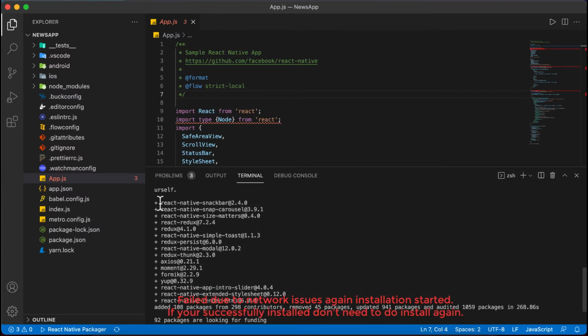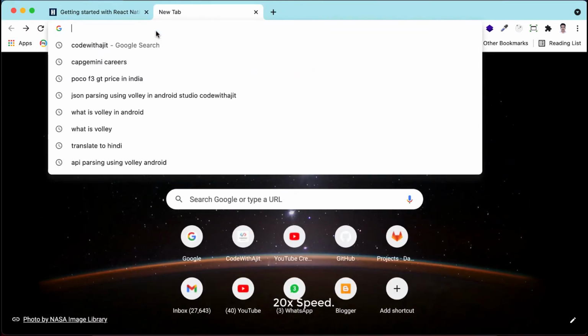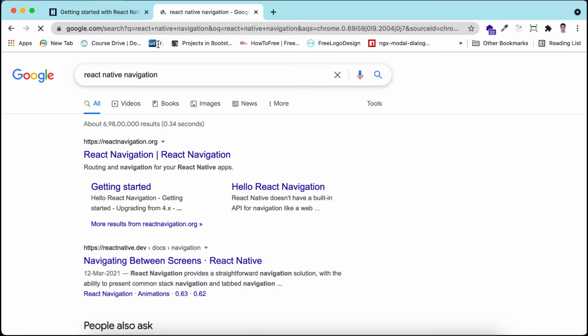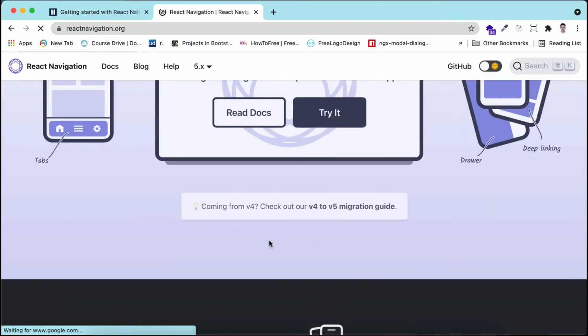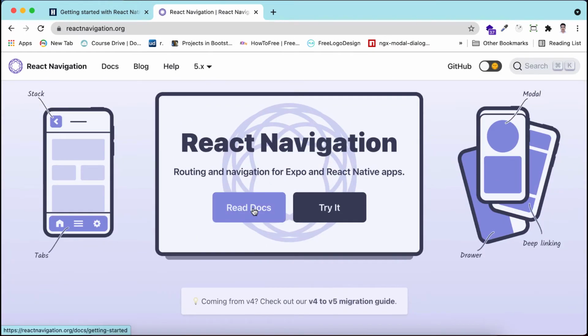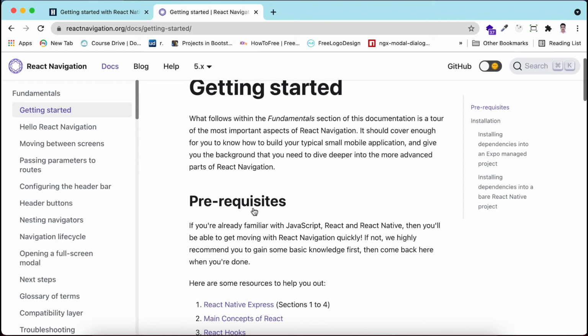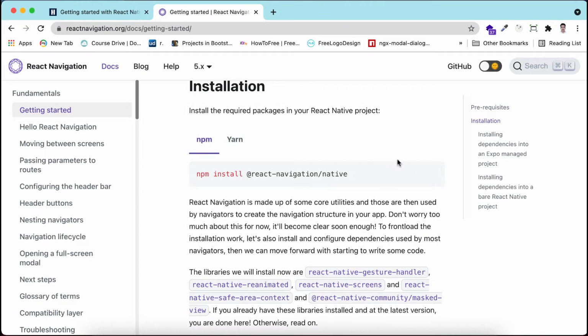Now we will install some React Navigation packages. So I'm going to my browser and here I am typing React Native Navigation, and we will install all the packages that are required for React Native Navigation. I am reading the documents. We need to install this, that is React Navigation Native.